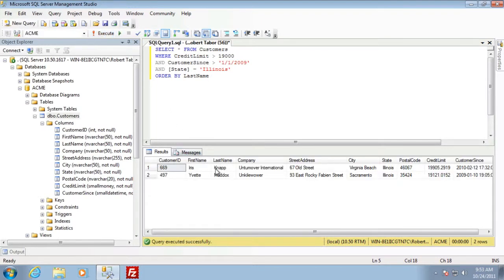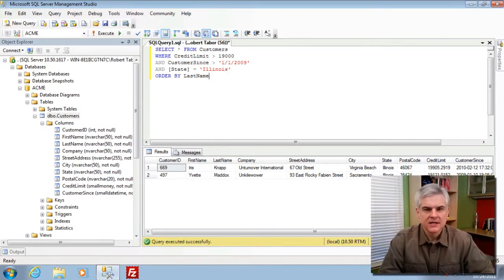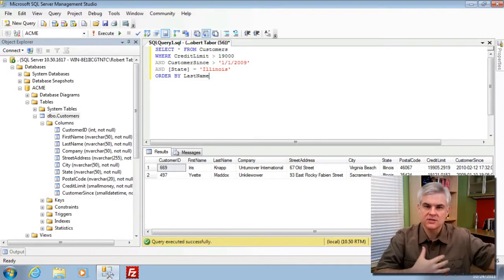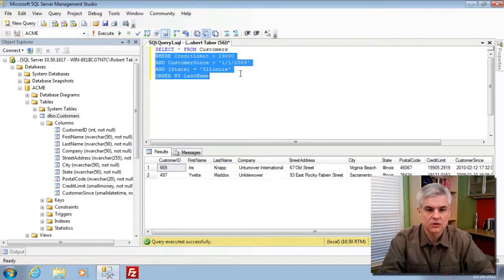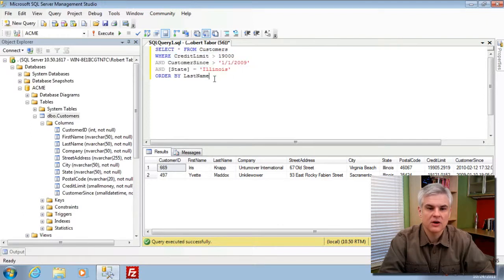And now you can see the K in Knapp comes before the M in Maddox. All right? And so when you think about it, working with a sequence or a set of rows that are stored in a database like we just demonstrated here, and working with a set or a sequence of objects that are stored in a collection, those are very similar concepts. You're still working with a large potential set of data, but you're filtering it down using, in this case, where clauses to filter, and then you can also sort the content using an order by statement